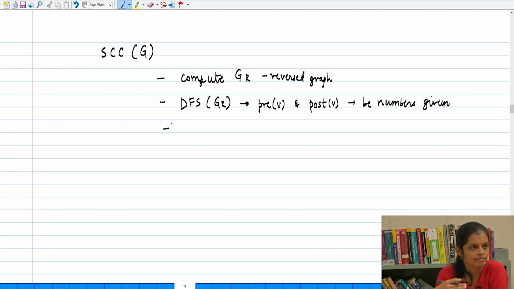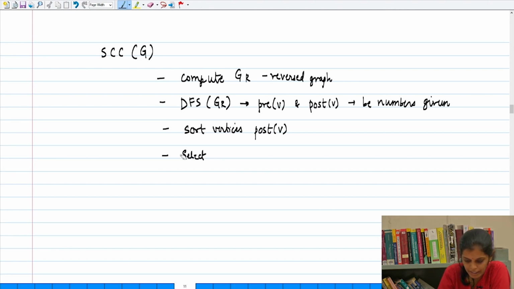Because we said that that vertex is going to belong to a source strongly connected component of the graph GR. So we will simply sort vertices according to post of V. Remember that this post of V is the post visit number given on the DFS of GR, not on the DFS of G, and we can sort these numbers, that is we sort them on post visit of V, and then select,